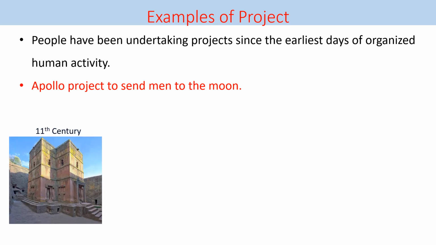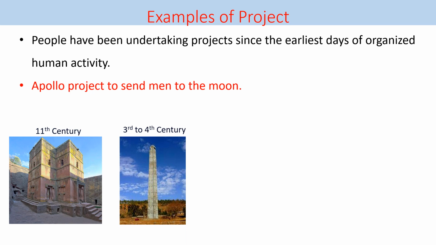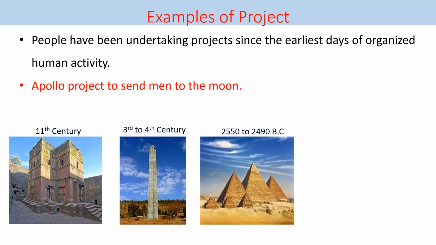And the other is the Lalibela Church, which was constructed during the 11th century. It is a giant project which was constructed during that time. And the other is the Aksum obelisk, which was constructed even before the Lalibela, during the 3rd and 4th century. And the other giant project is the Egypt pyramid,